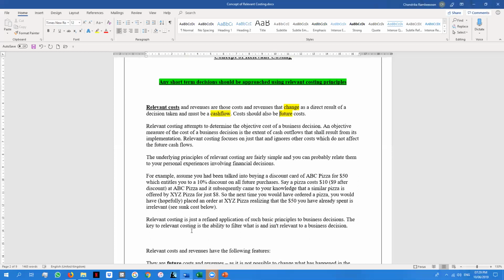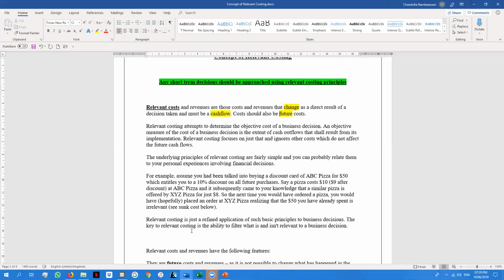But then, after you made that purchase of the discount card, it came to your knowledge that a similar pizza is offered by another pizza retailer for just $8. So it's similar, it probably has the same type of ingredients and whatnot, $8. So the next time you would have ordered a pizza, you would have hopefully placed an order at XYZ Pizza,